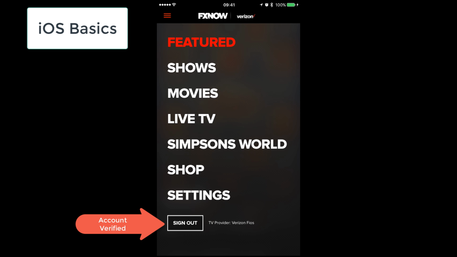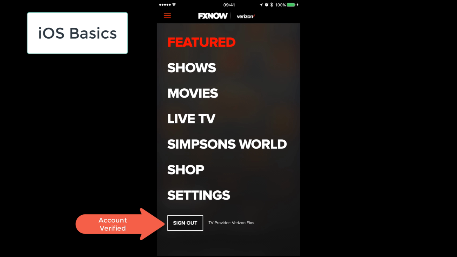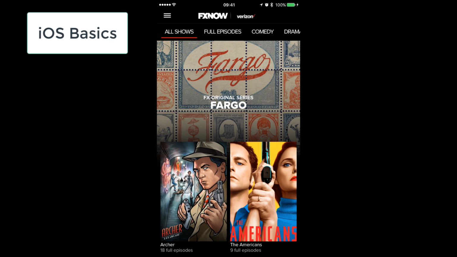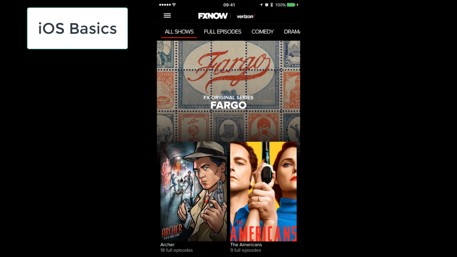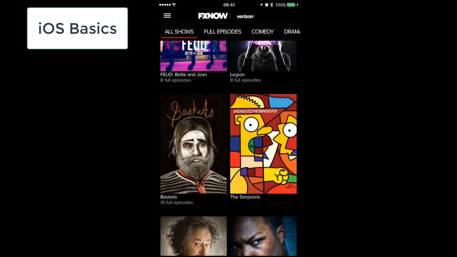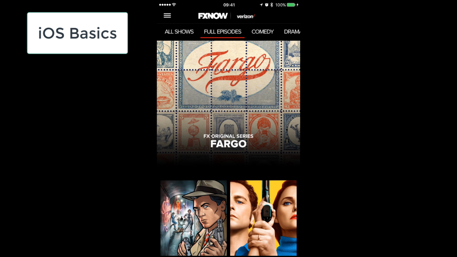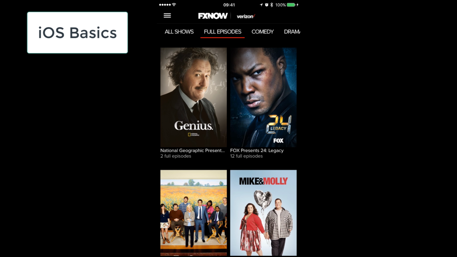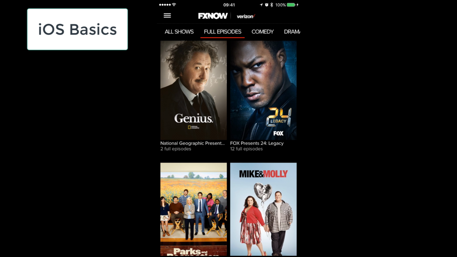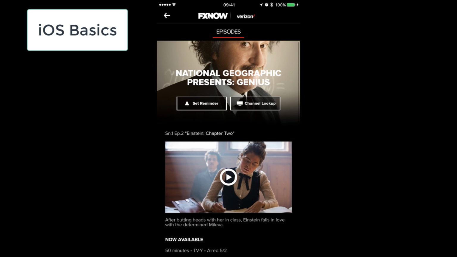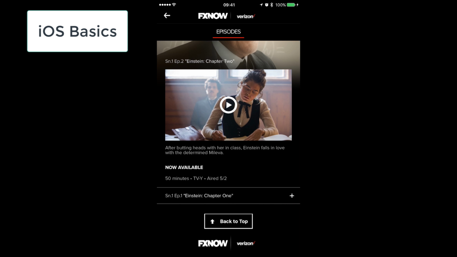So you can access the app and access its shows, its movies. If you watch any of these shows from FX Now, The Americans, Legion, Feud, 24 Legacy, Genius, it's no different than accessing and navigating any other app. You click on the show you want to watch, and they have